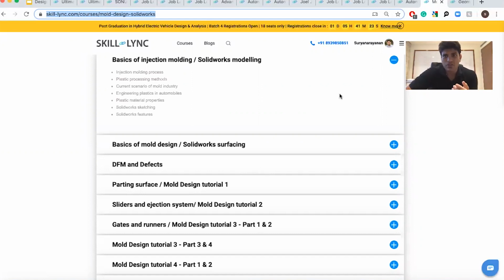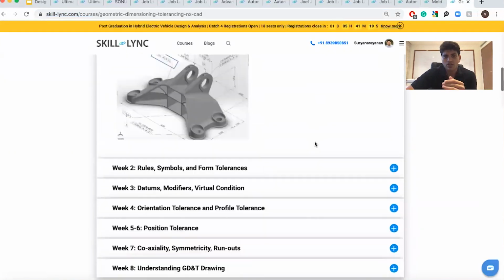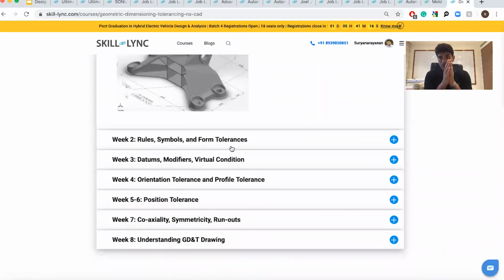And after this course, you basically have GD&T. What are the different aspects of GD&T with respect to ASME? You basically learn this. As you see, this is like in depth, right? We have made sure that we basically cover each aspect of design in depth. Anyone who basically takes this coursework, not only in India, across Europe, US, anywhere in the world, will understand the concepts of design and apply the concepts of design in projects.